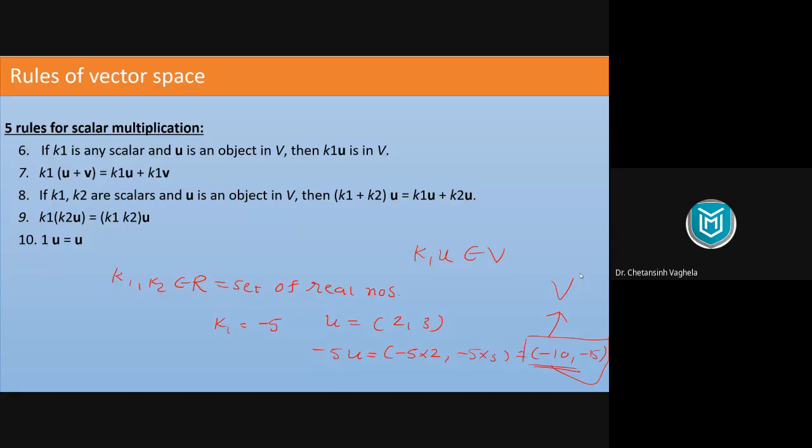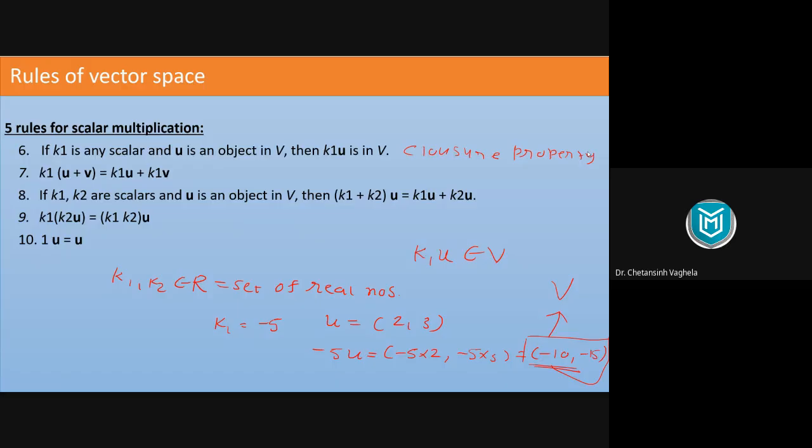Yes, this is also closure property, but this closure property is for multiplication. The previous closure property was for addition, and this one is for multiplication. So this is called closure property. So again, whenever you hear this word closure property, it has a simple meaning. Closure property means whatever operation you are performing on 2 objects, the resultant object should be part of your set. That is called closure property. Whether your operation is addition or multiplication, or any operation, if you apply it on 2 objects, then whatever your answer or result is, that should be part of your set again. This property is called closure property. So closure property for scalar multiplication.